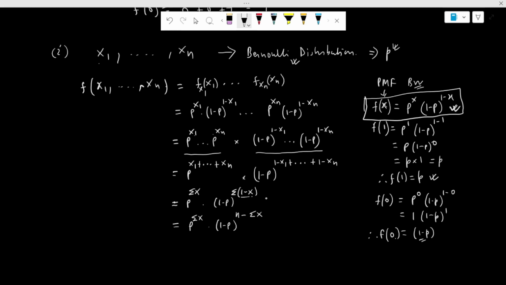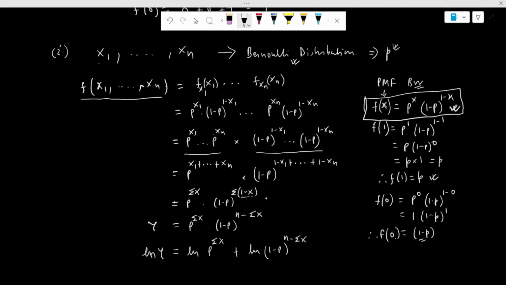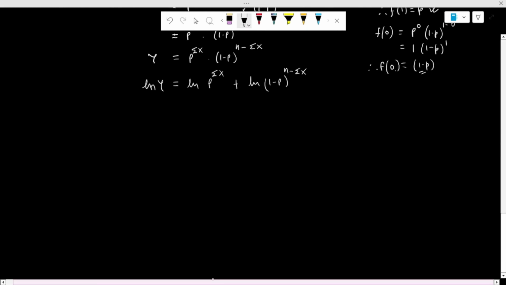For our convenience, let me represent this likelihood function by y. Now let us take log on both sides. Therefore log y is equal to, and let us apply the property of log: log of a times b is equal to log a plus log b. Now let us apply another property: log of a to the power y can be written as y log a. So this is again equal to,